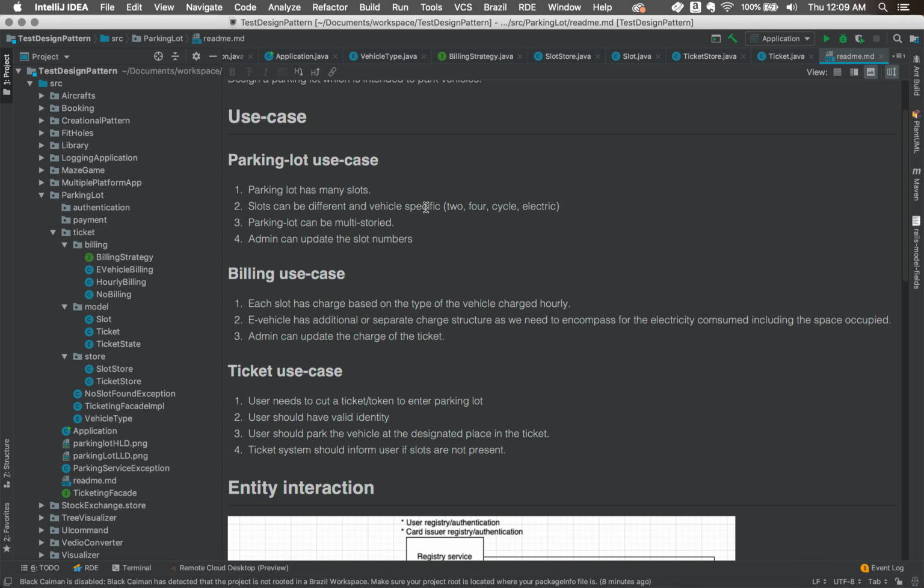There can be other considerations which the interviewer wants to focus on, for example different charging schemes, or extending the parking lot from a single place to region wise, as currently we haven't taken any region into consideration.